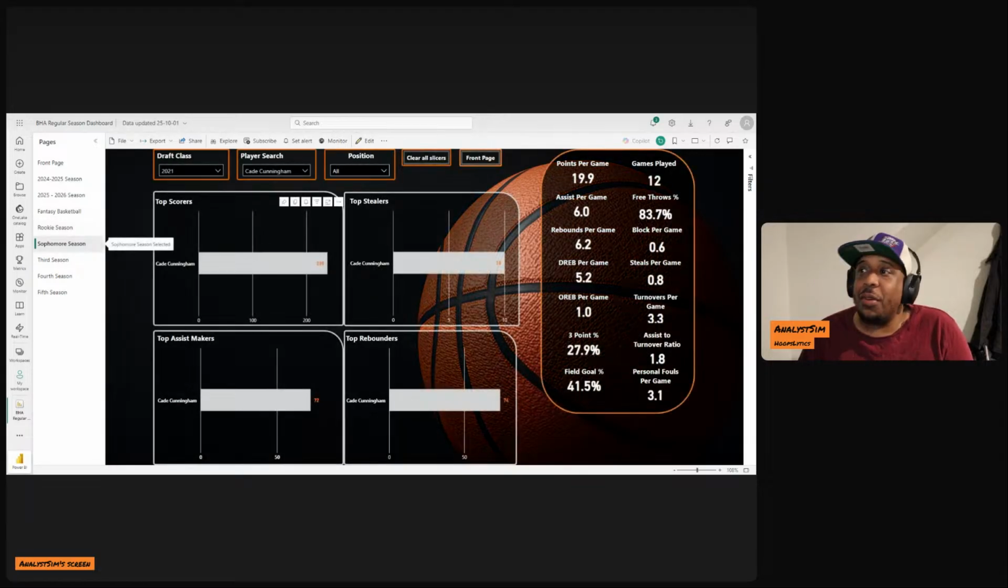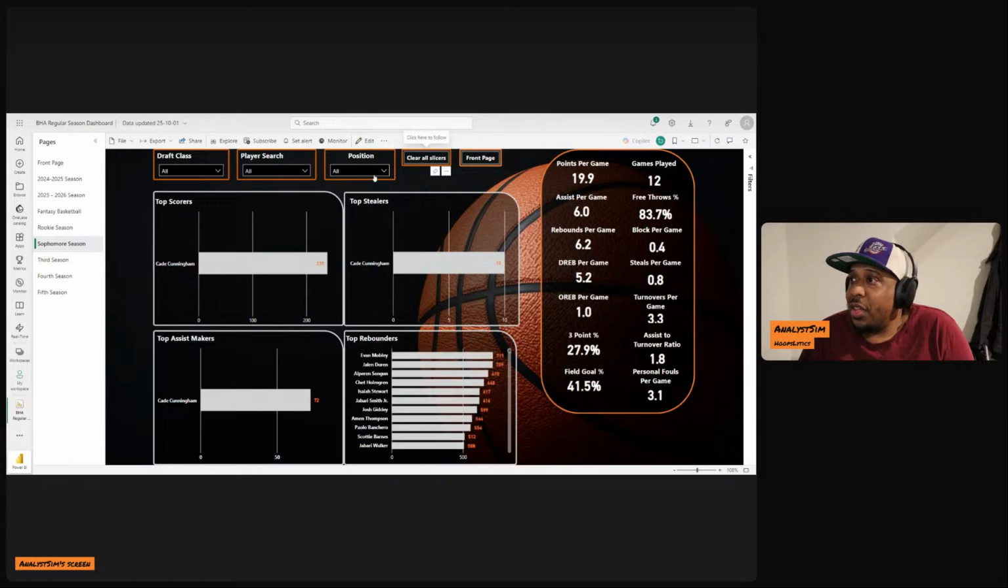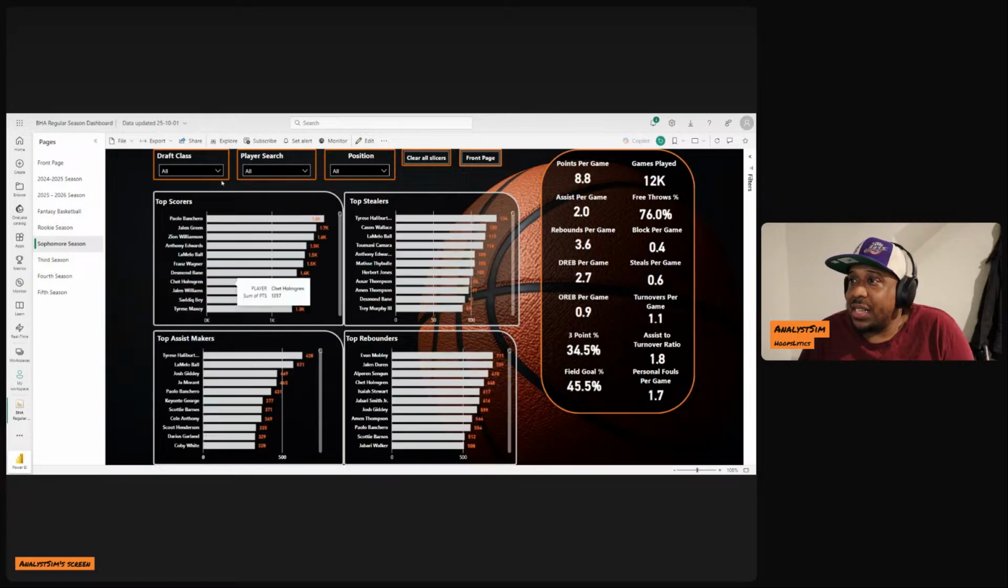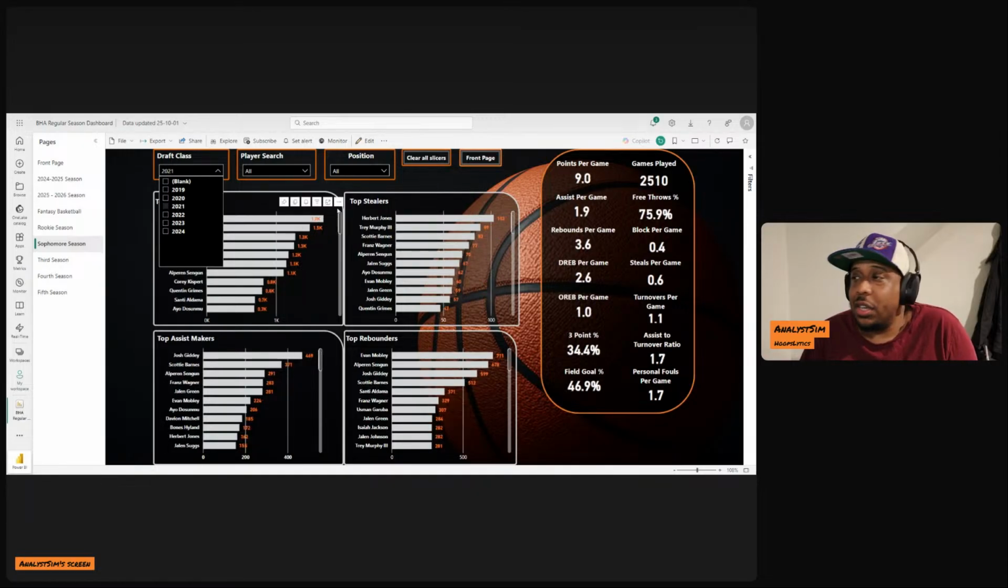Second season, and bear in mind, that's all at OKC. You know, when you're behind Shai Gilgeous-Alexander, that's going to be a whole other story. But still,